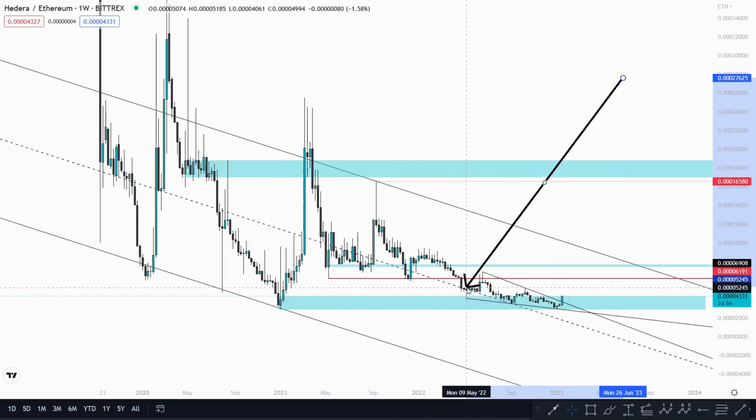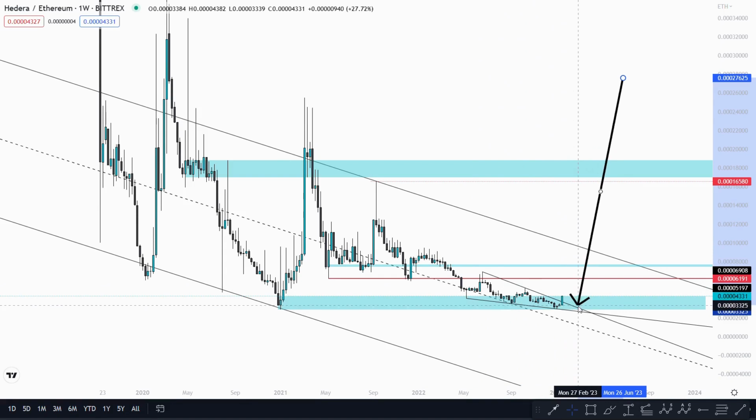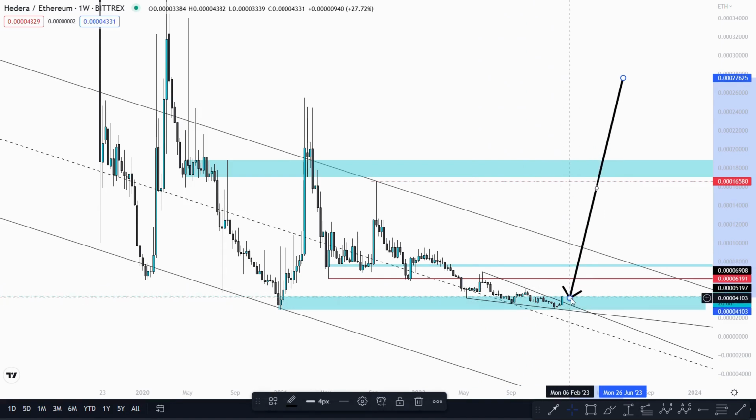And I really saw this descending triangular structure here, in which we have now broken out. So what I would say is, we need to be on the lookout for a nice retest of this trend line to the downside. Often you will get at least one or two, but it's a great sign. And for anyone that entered HBAR at around 3.5 cents in the last couple of months, you've done absolutely amazing